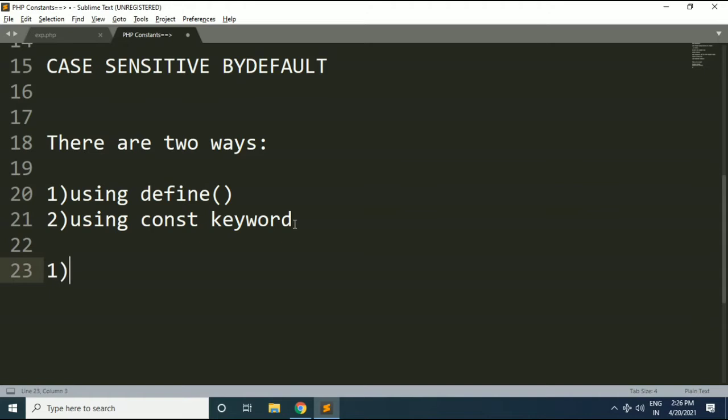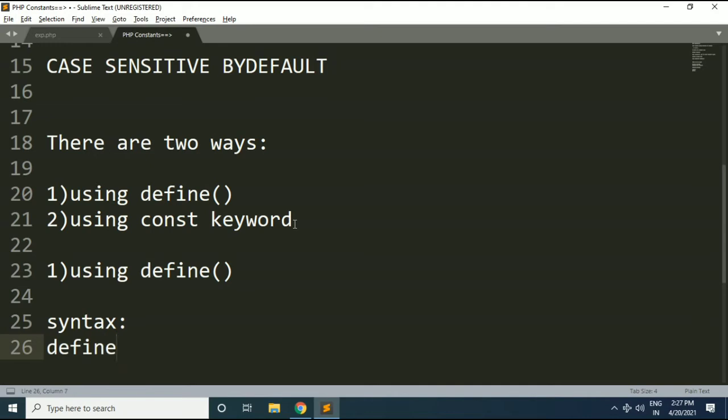So first way, using the define function. In PHP the define function is used for creating a constant, and its syntax is like this. Define, and it requires three parameters: name of constant, value of constant, and a case insensitive parameter.